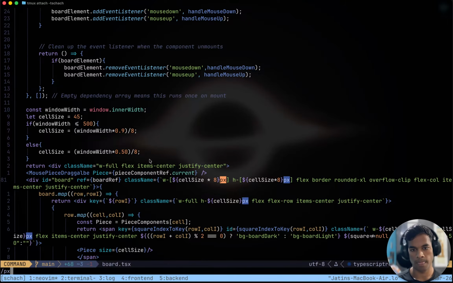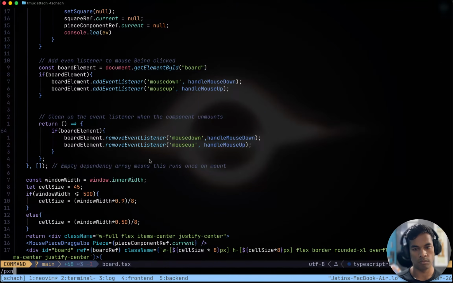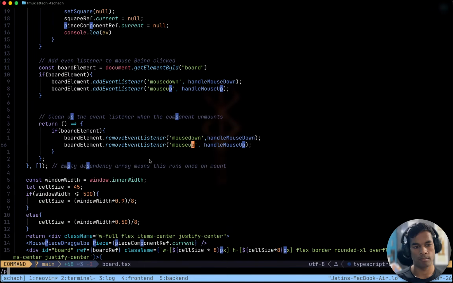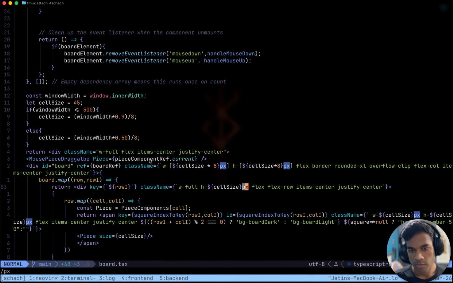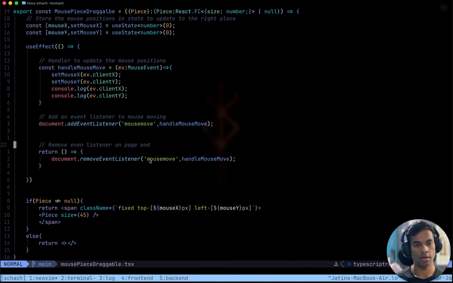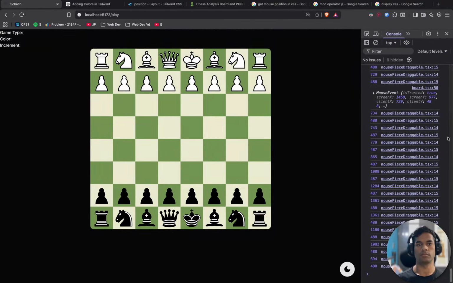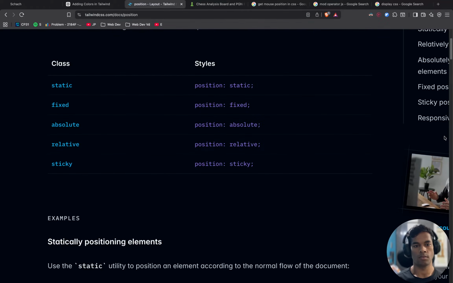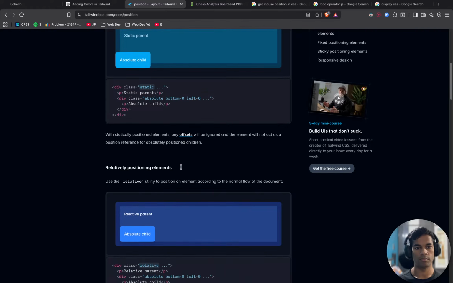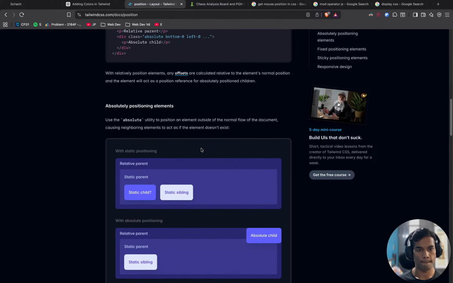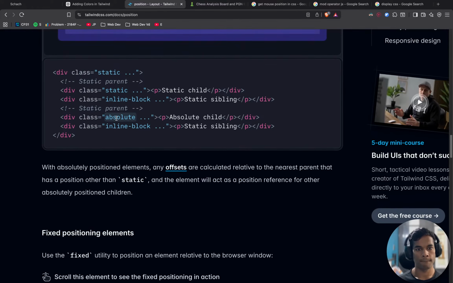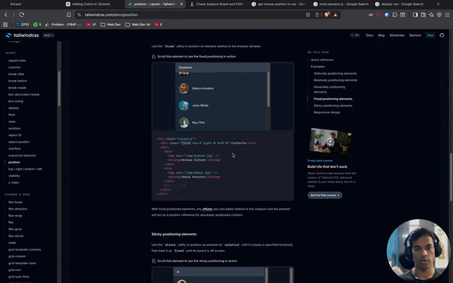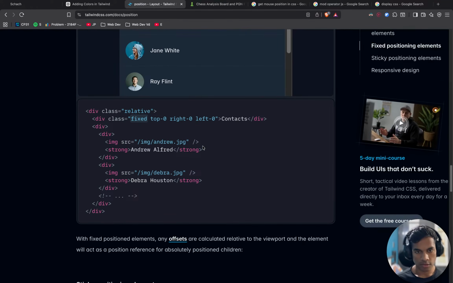Pixels. We are giving the pixels there also in the same way here, like this. Yes, inside position. Top. Absolute inline. Yes.